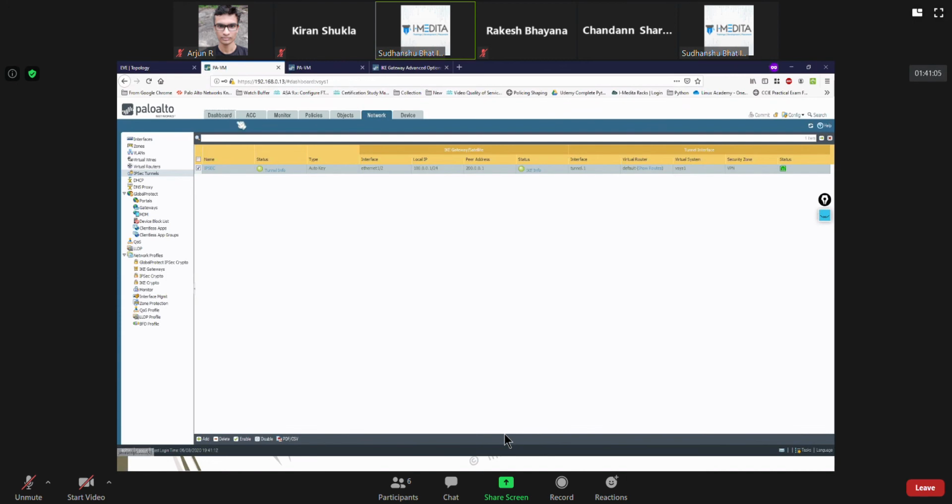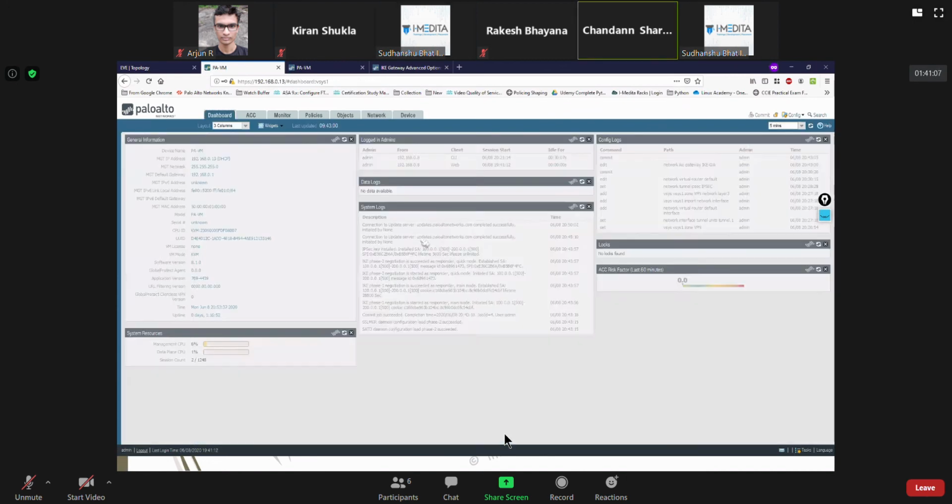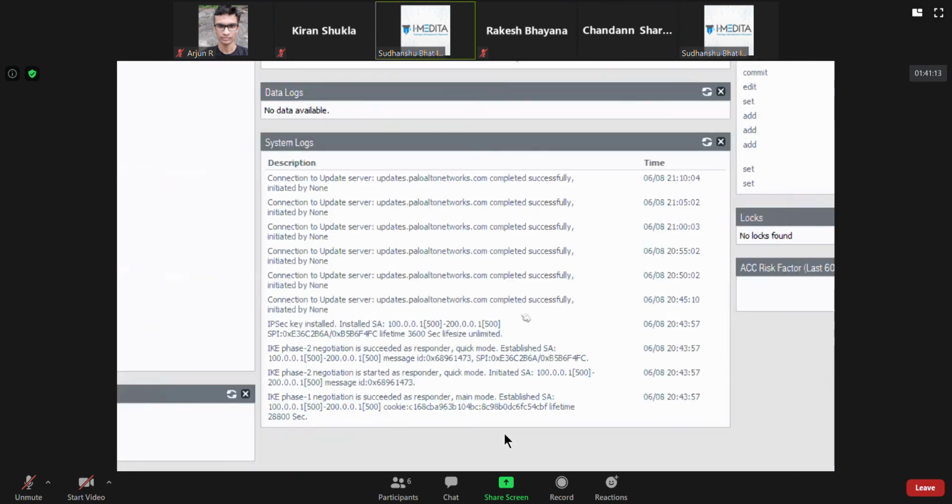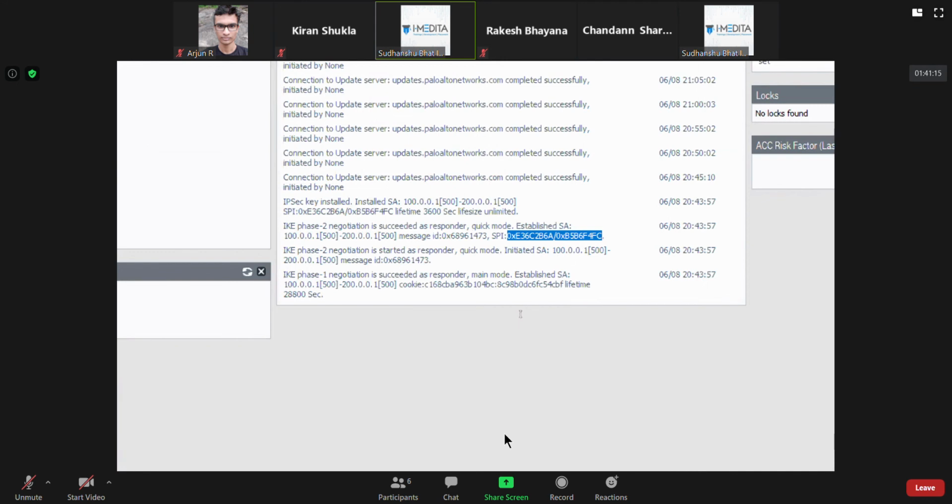Okay, what I mean is, they have these security parameter indexes to separate multiple IPsec tunnels, in order to identify these separately.